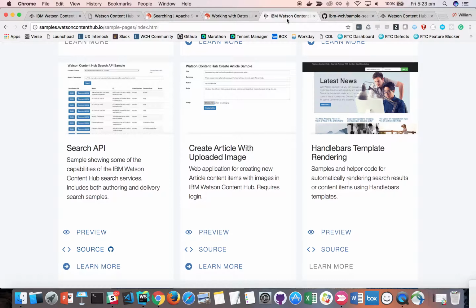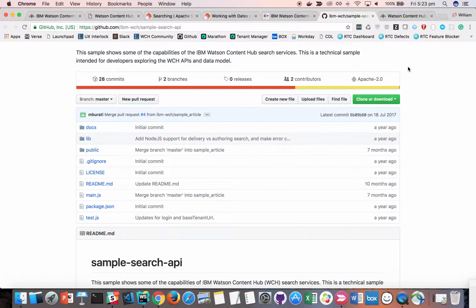What I'm going to do right now is pull down this repo onto my local computer, and then I'm going to use that to point it at my own particular tenancy, so I can create some test data, and I can run some queries against the data in my own particular tenancy. So I've downloaded the code. I put it into my IDE, which is WebStorm,